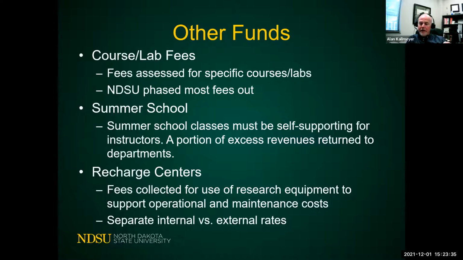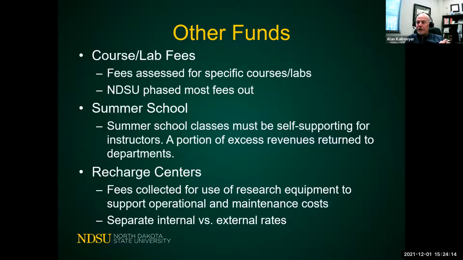Now, you can't make money internally, but on the external side, for external users, you can charge a surplus, like an indirect cost or an overhead rate that does actually allow you to make a little bit of extra money. And that's nice because sometimes you need to make upgrades, or you have to do a software upgrade, or you need new pieces of equipment that go along with your existing equipment, or periodically you need to replace equipment. So the external sources do allow you to accrue a little bit of external funding for those purposes,